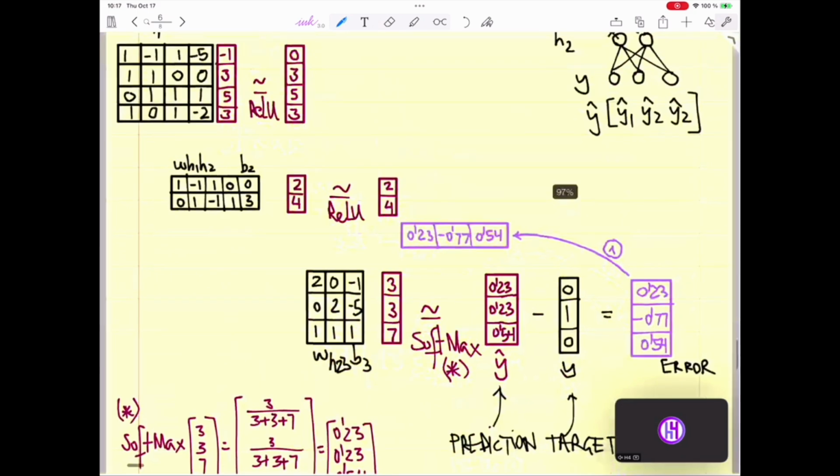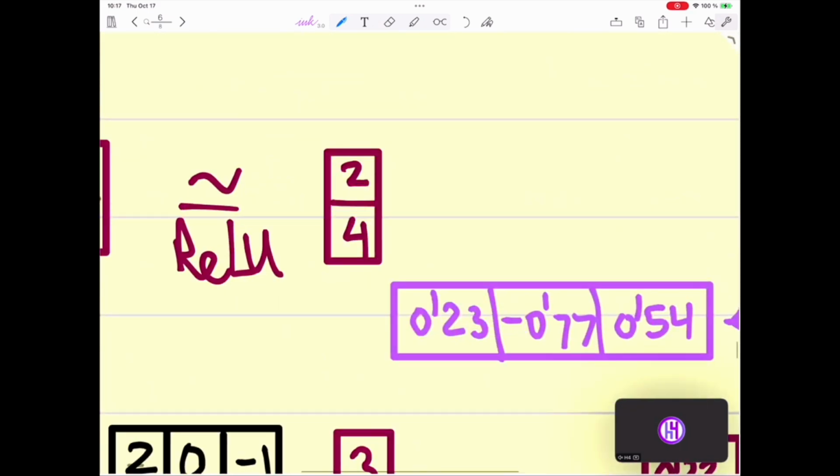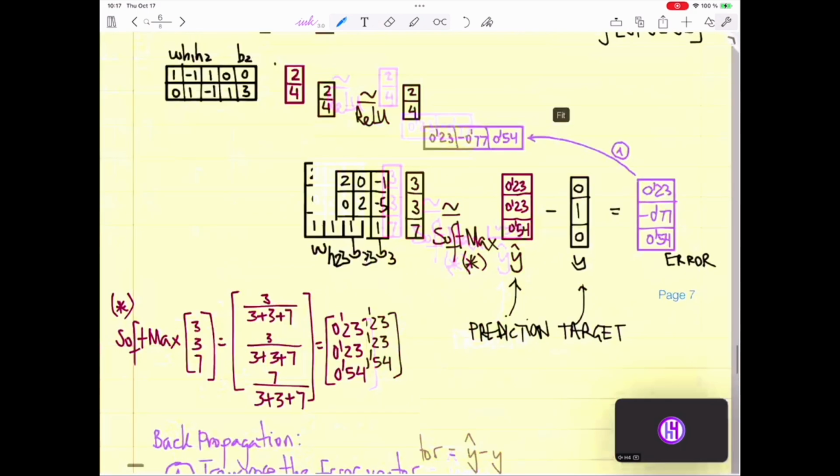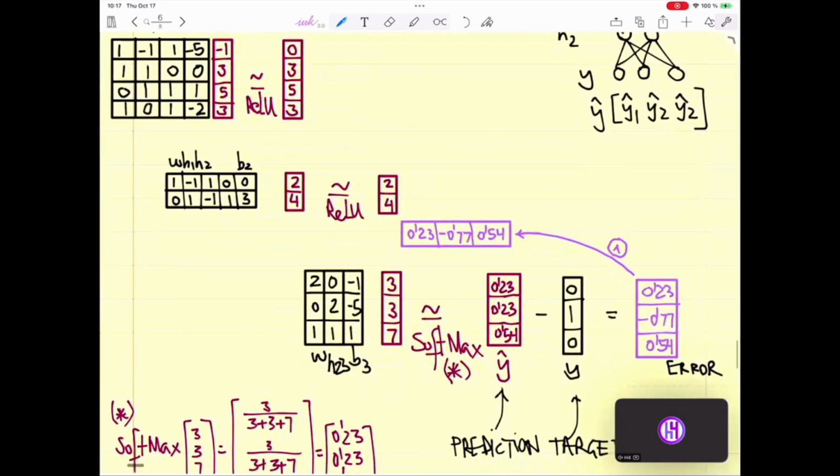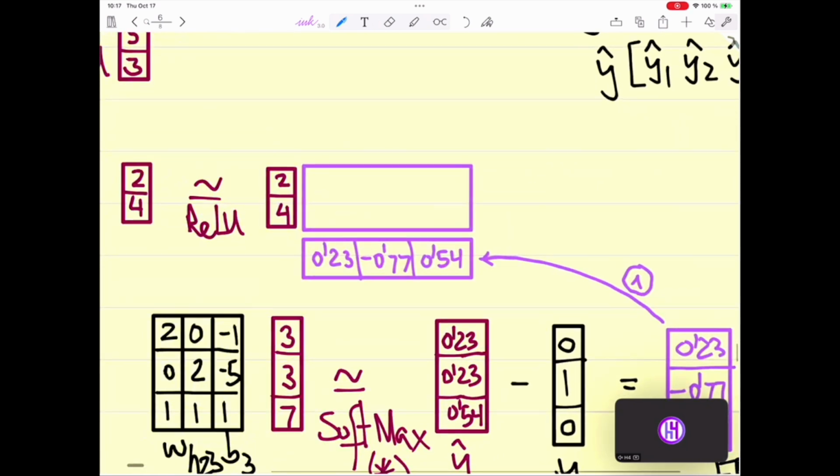The output of the previous layer is, in this case, 2 and 4, okay? So we perform a dot product, and please be very careful here. If you don't do this well, the whole system just doesn't work. The dot product is a little bit different than what we did. It's not matrix multiplication, it's way easier. It's just multiplying